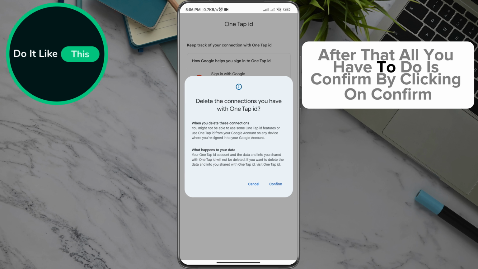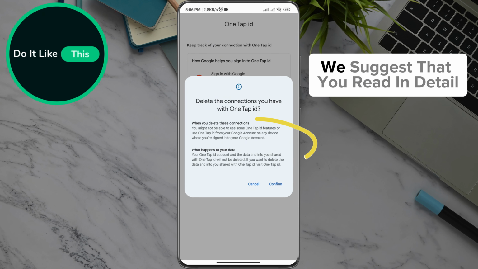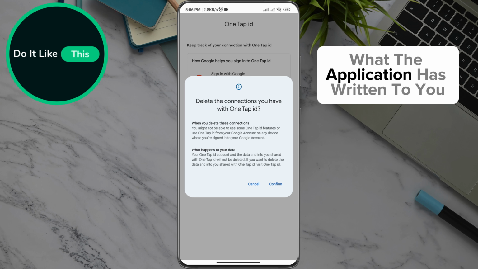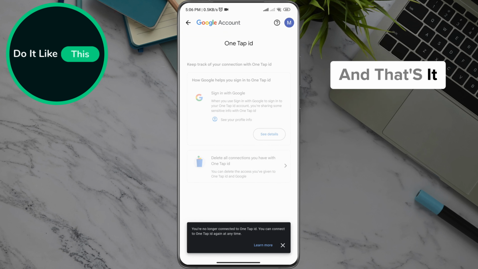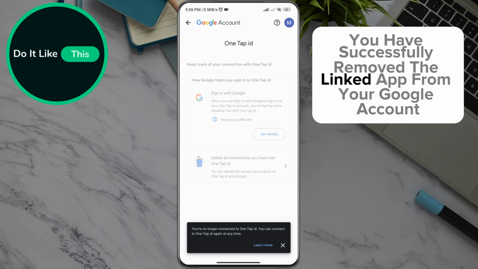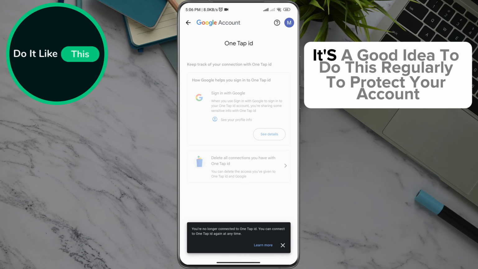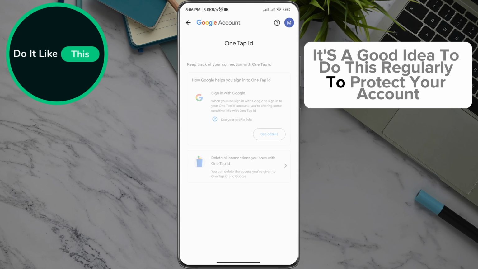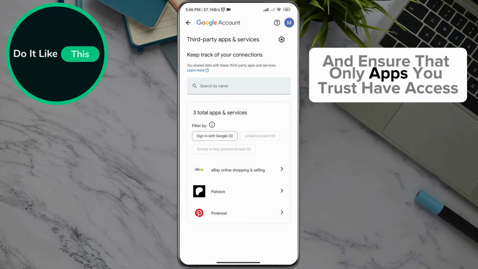After that, all you have to do is confirm by clicking on Confirm. But before you click on the option, we suggest that you read in detail what the application has written to you. And that's it. You have successfully removed the linked app from your Google account. It's a good idea to do this regularly to protect your account and ensure that only apps you trust have